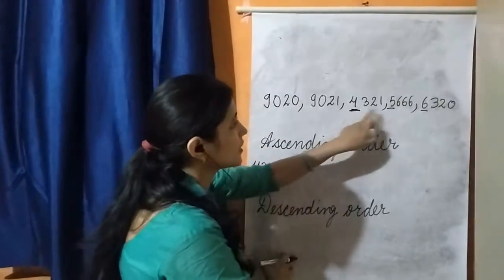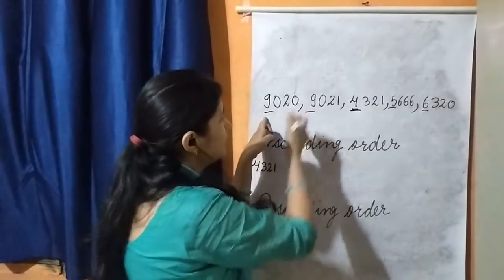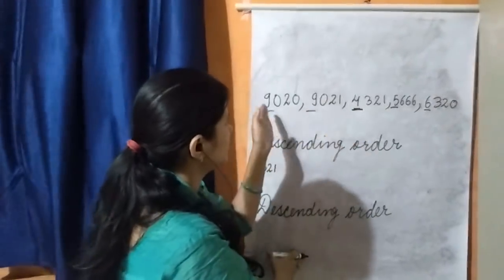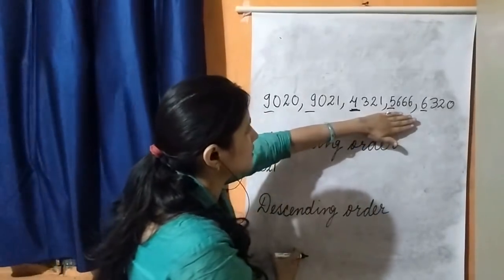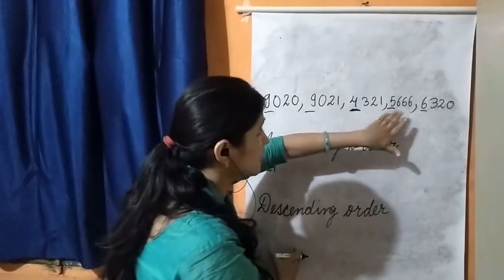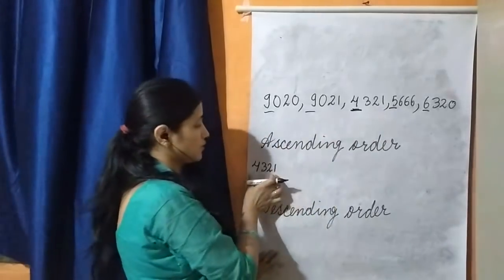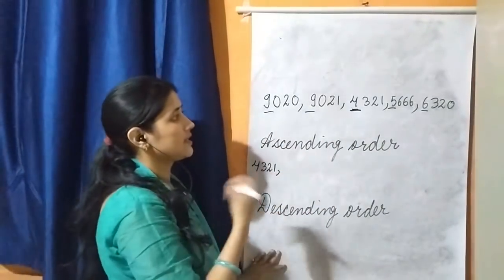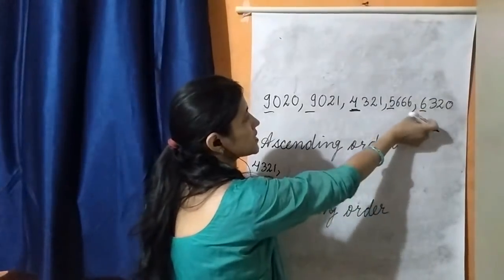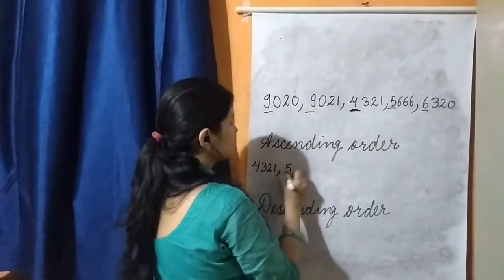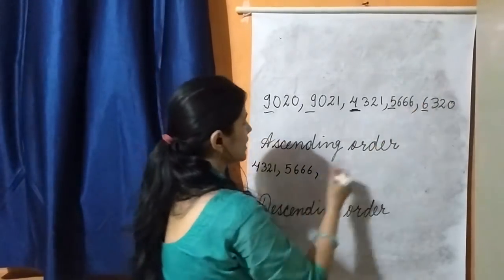4321. Okay, after comparing the thousands place here, 9 and 9 are the greatest, so we will do the comparison here. 5 is smaller than 6 and 4 is smaller than 5. Then next, we will do the comparison between these two numbers. 5 is smaller than 6, so our next number is 5666, and after that